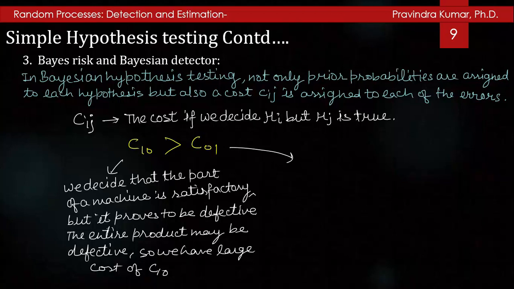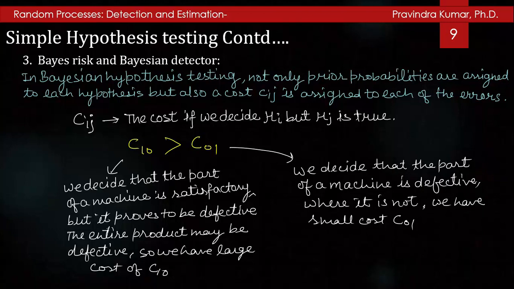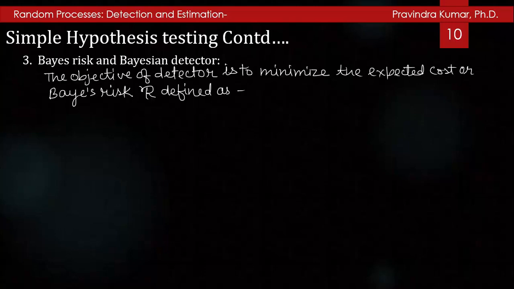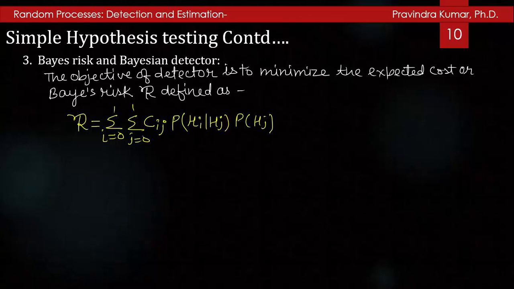We have a small cost of the part C01. In some applications, all types of errors are not of equal importance, so different costs will be assigned to different errors to optimize the detection performance. The objective of detection is to minimize the expected cost or Bayes risk, which will be defined by